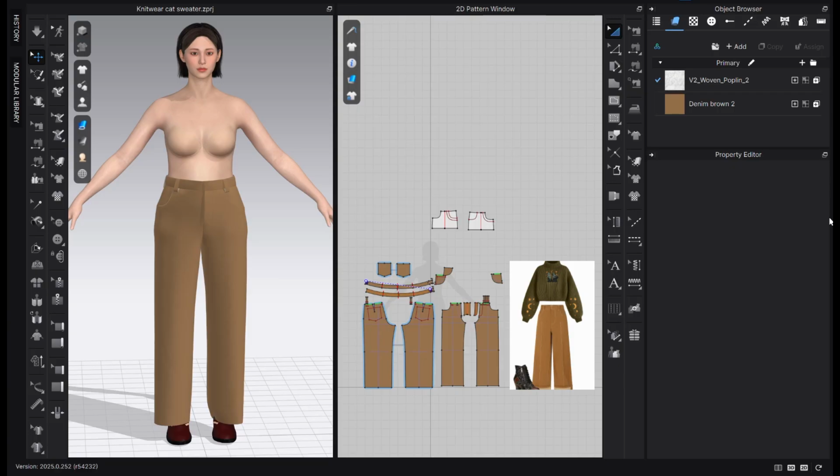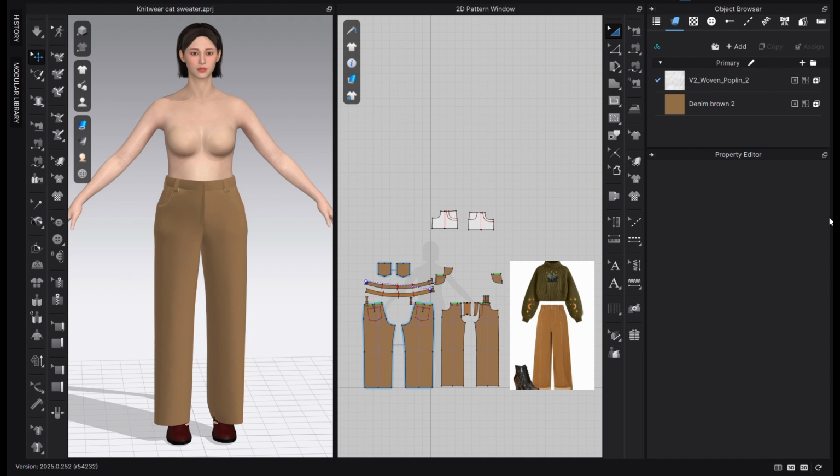Hello everyone, in this video we are reviewing the fit of our pants. For this pant we have started from a good block, and our pant is loose fitted on the legs, so I'm not expecting a lot of fit problems, and our fabric is also pretty stretchy. However, I'm still showing you the process of reviewing fit, and in case you have a different fabric, how you can